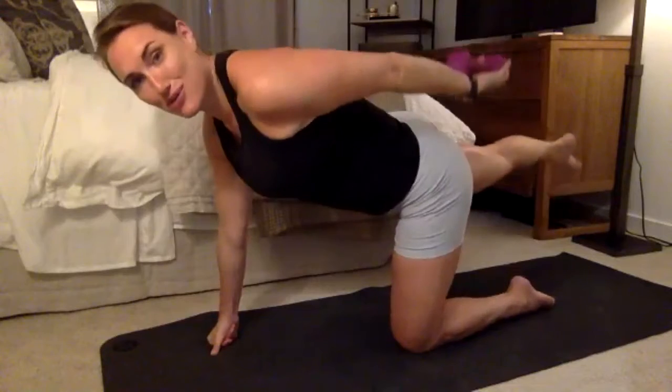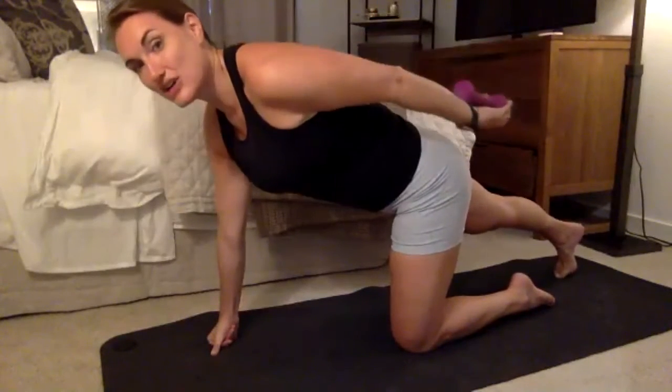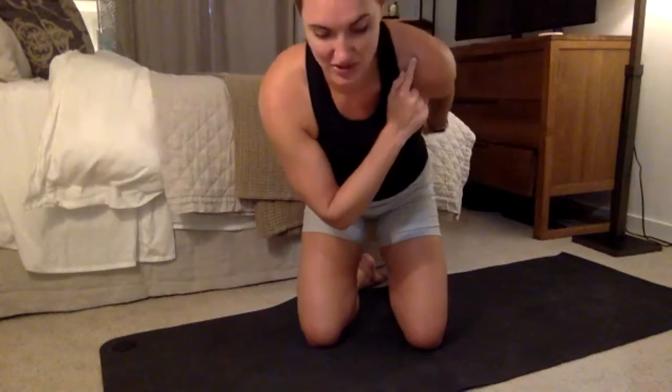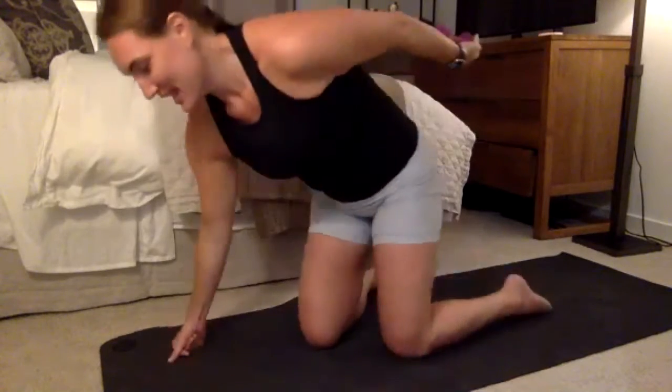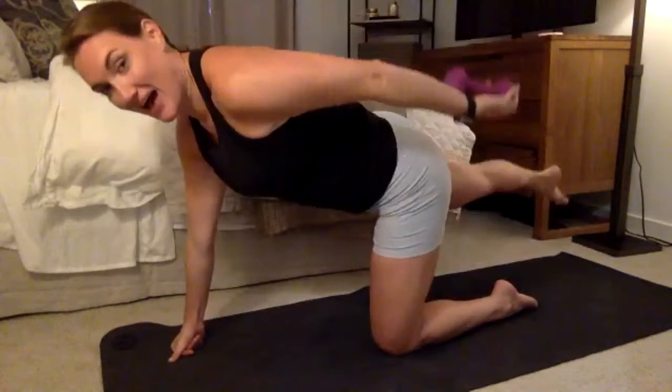For some, it's too much to add that leg. So just leave that foot where it is. I care more about your tricep right now than I do about your leg. Pull your shoulder away from your ear. Go ahead, reverse that circle, circle, circle. Yes, we're back to the top of those pulses up in 5, 4, 3, 2, pulse it up here for